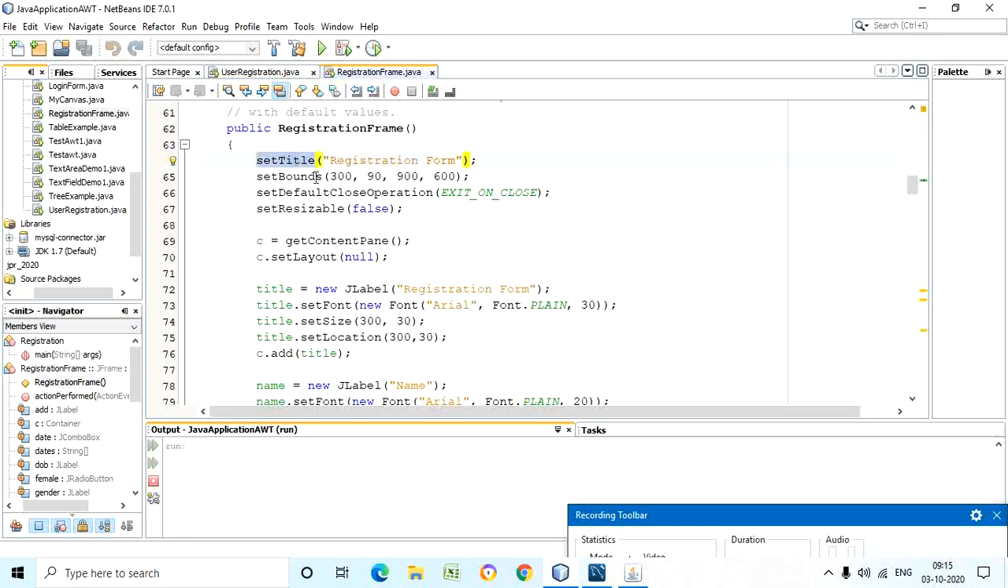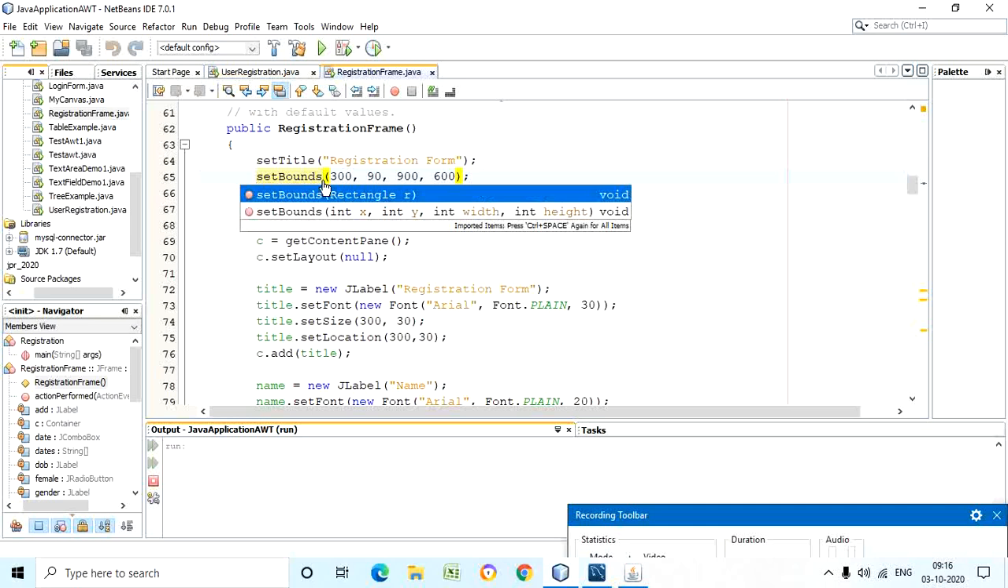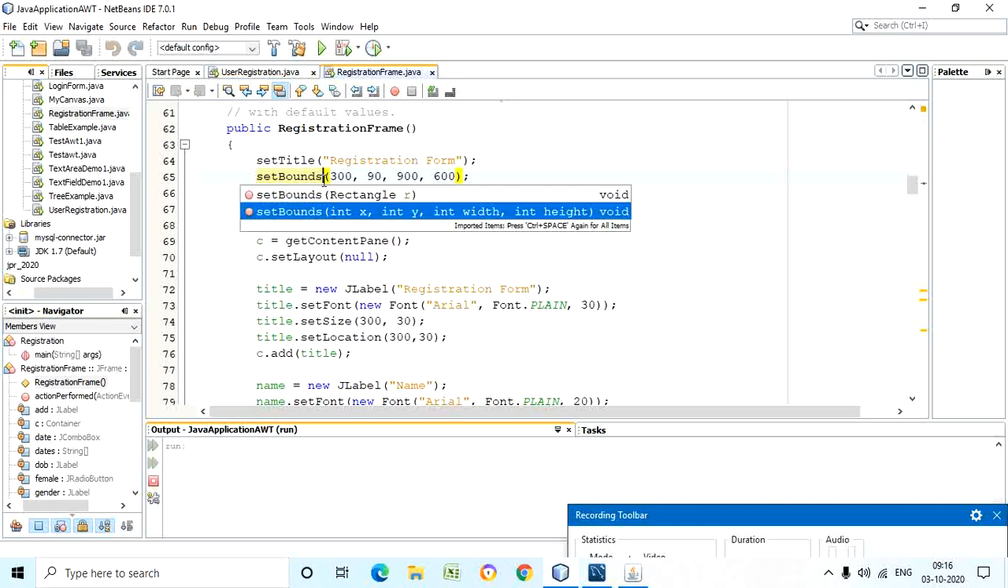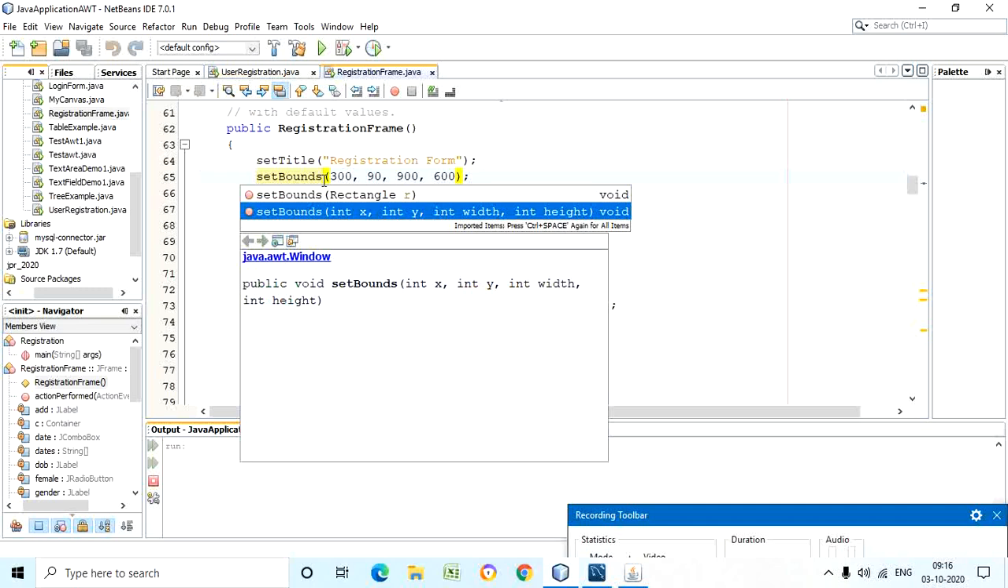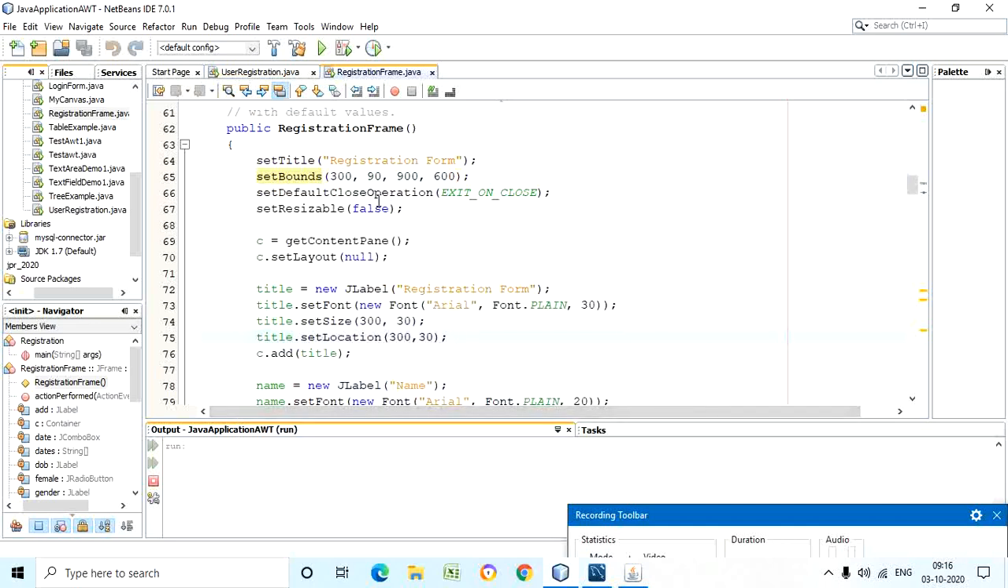We have given a title, then we are giving the bounds. I have explained to you how to give bounds. The first two coordinates are the x and y coordinates of the starting location, and the next two are the width and height. If you go to this method and observe it, you can see this. We are using the second version of the method, setBounds with x, y, width and height. We have used this setBounds method